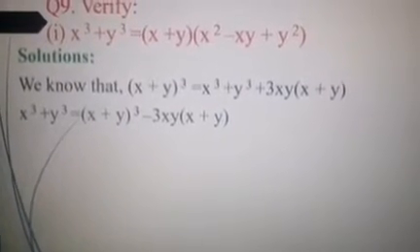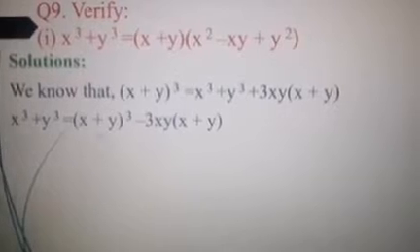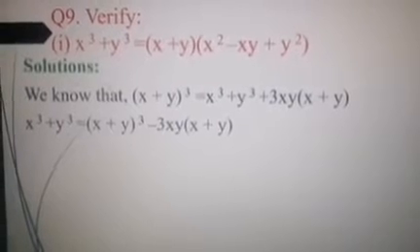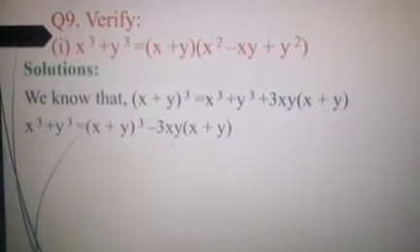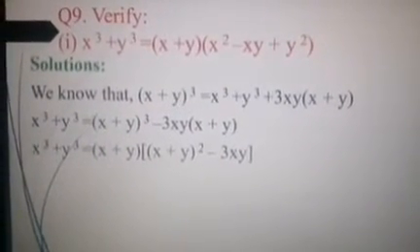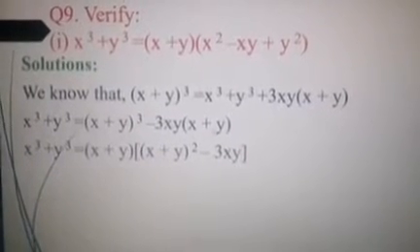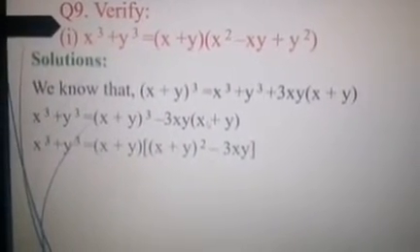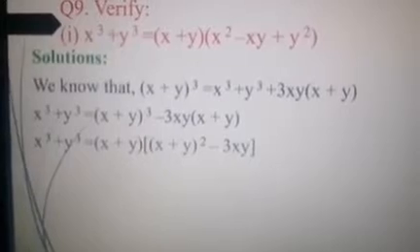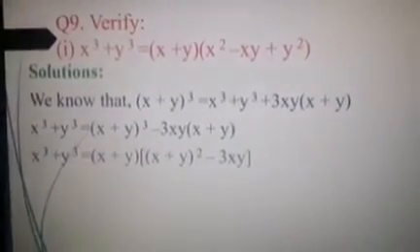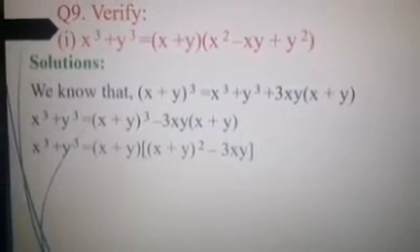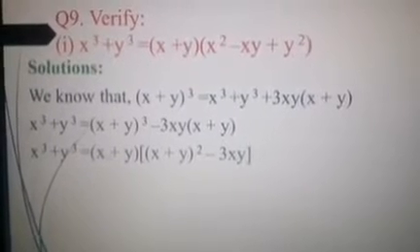So I'll be getting x cube plus y cube. This one I've written as it is. So this is equal to x plus y the whole cube. When this plus 3xy into x plus y shifted that side, it becomes minus 3 into xy into x plus y. So that I'm going to simplify it now. So what is the simplification means? In these two, I can see x plus y as a common. Why I'm supposed to take x plus y as a common, ma'am? See, in the answer you can see I have x plus y in the RHS part. I got LHS, right? So that is x cube plus y cube. I got LHS. Now our aim is to get the RHS. So I have x plus y here. So that's the reason I'm going to take x plus y as a common.